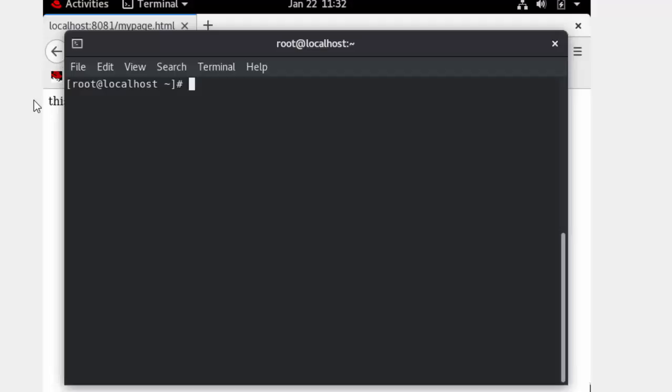So what does "as a service" mean? Every time you restart this, you want to be able to just start it like a normal service, using systemctl enable, start, all those options. So if you want to do it for the root user, you need